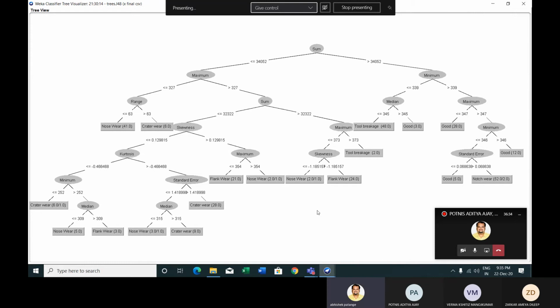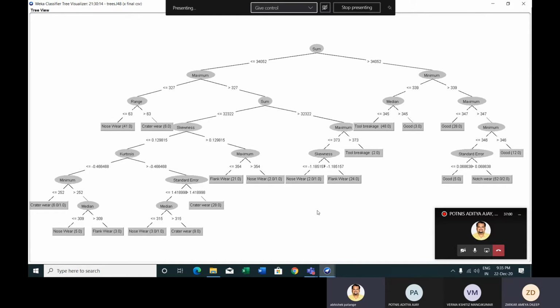Flank wear also happens in three phases: primary flank wear, secondary flank wear, and ternary or dangerous, or we can say dead flank wear, where the complete flank is worn out.